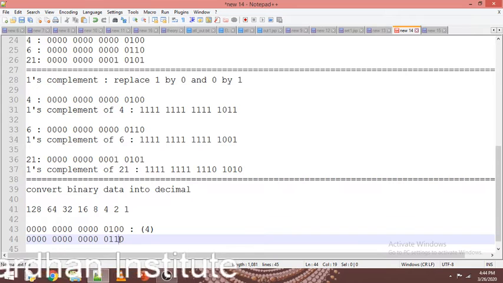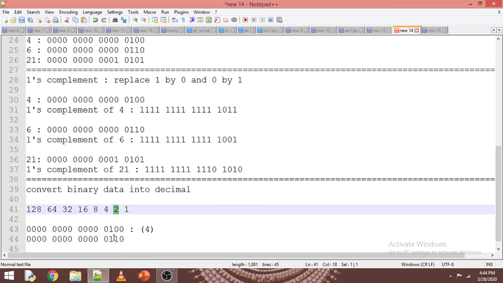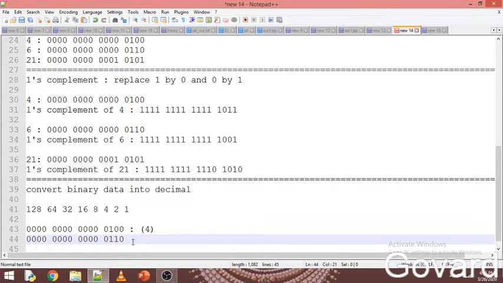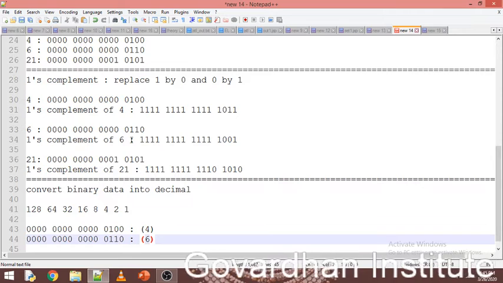So we have two ones. We have a 1 in two different positions. It is on position number 2 and on position number 3. So now you have to just add these two numbers to get the decimal of this one. You have to just add these two numbers to find the decimal of a particular binary data. Now in the next one,